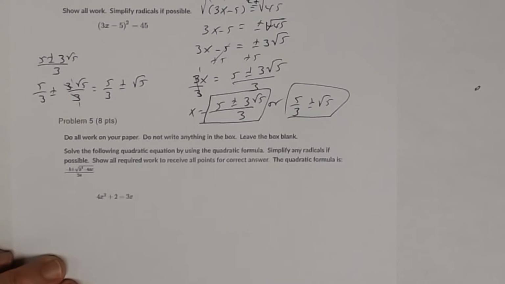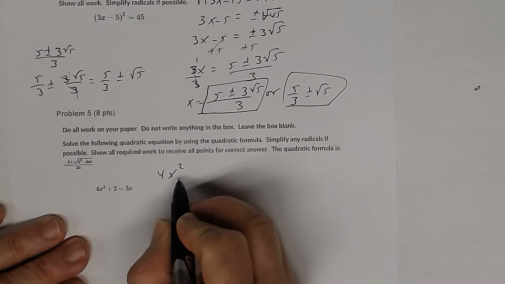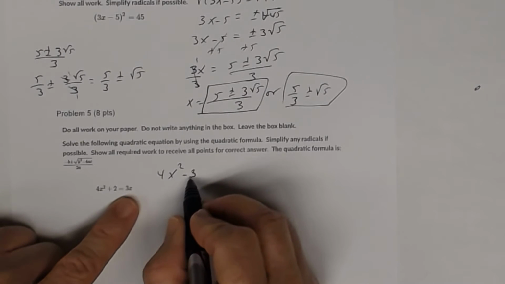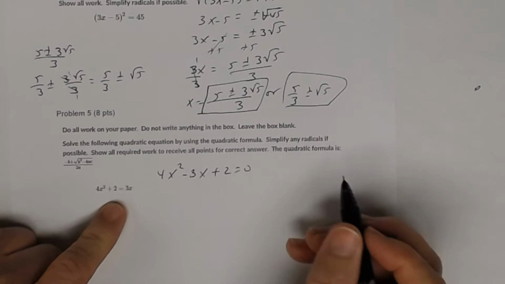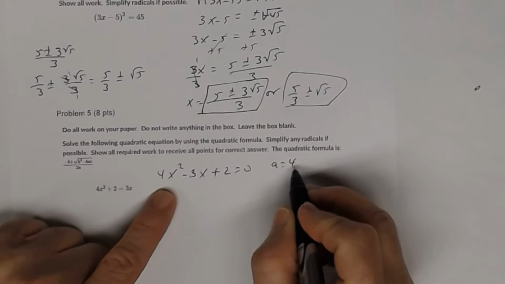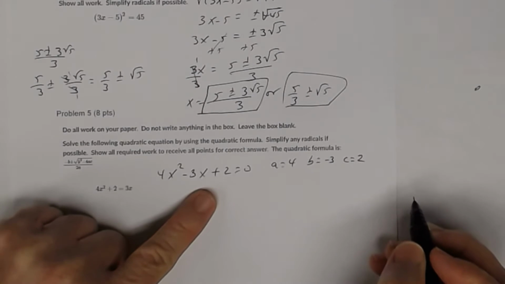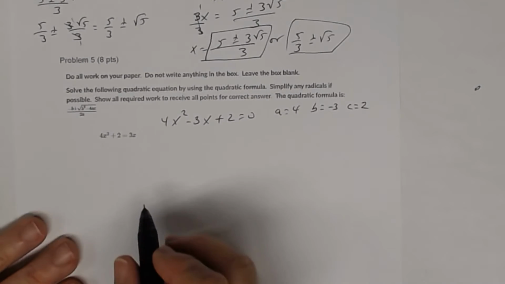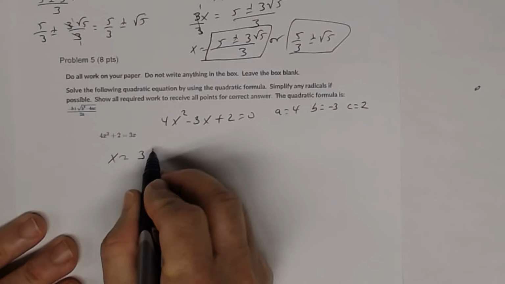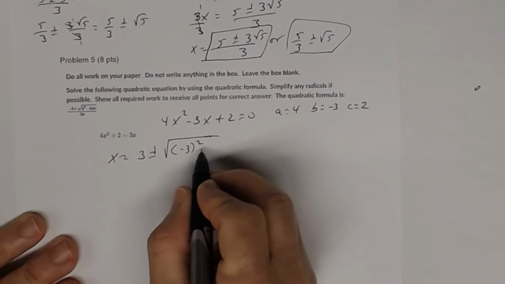All right, number 5, you want to solve this quadratic equation using the quadratic formula. So you have 4x squared. Now remember, you got to put it in descending order and in standard form. So I got to subtract this 3x from both sides, and then plus 2 equals 0. So since I'm using the quadratic formula, remember a is going to be 4 here. B will be the coefficient of x, so that's -3, and c is your constant, which is 2. And so substituting into the formula, I get x equals the opposite of b, the opposite of -3 is a +3, plus or minus the square root of b, which is -3 squared,